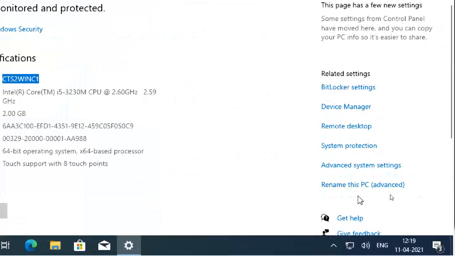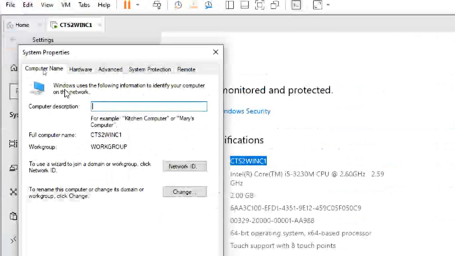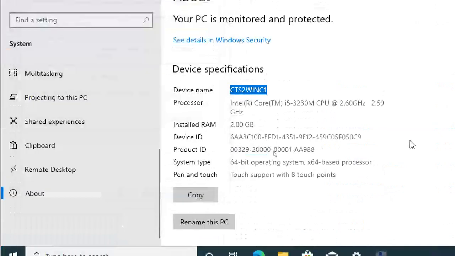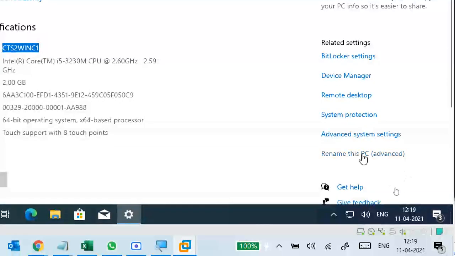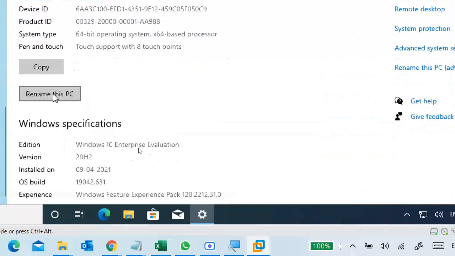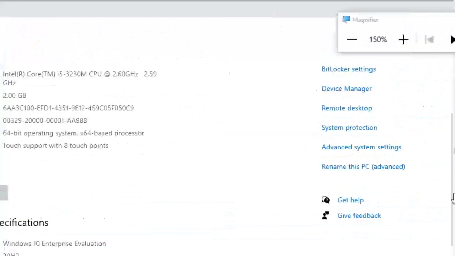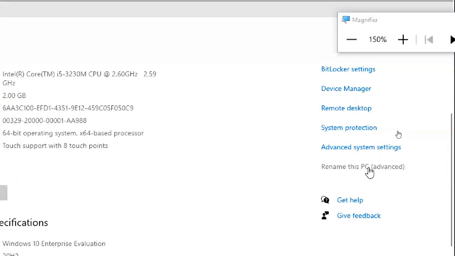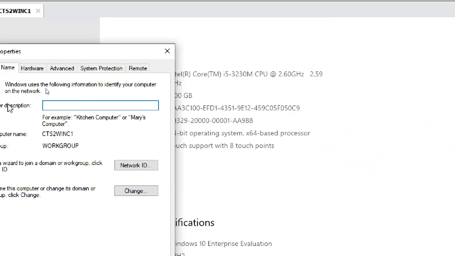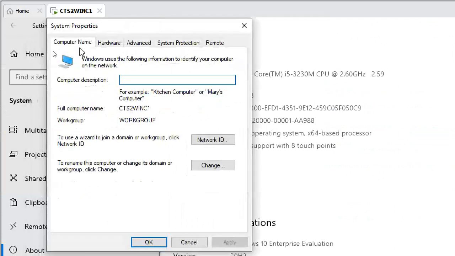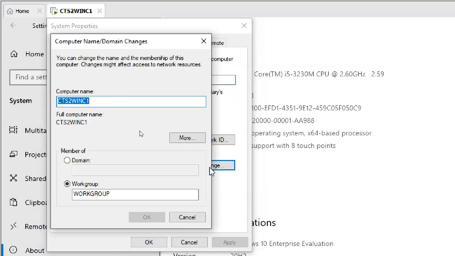Rename this PC (advanced). Yes, directly it is going here. You can choose this one also. So we are clicking on Rename this PC from here, but we can also use Rename this PC (advanced). Then it automatically opens System Properties, Computer Name, Change.